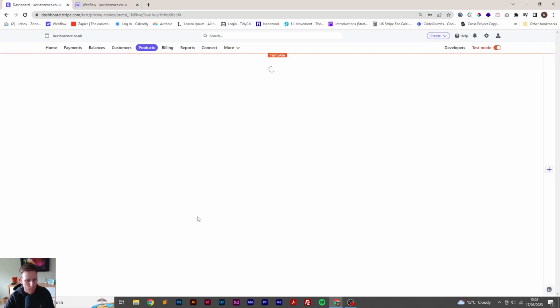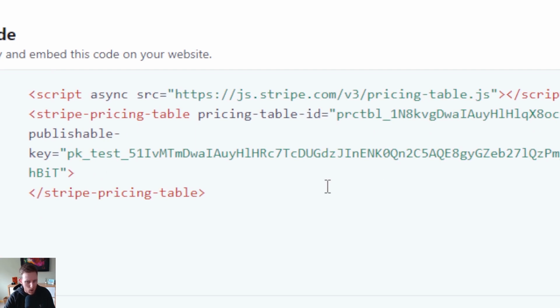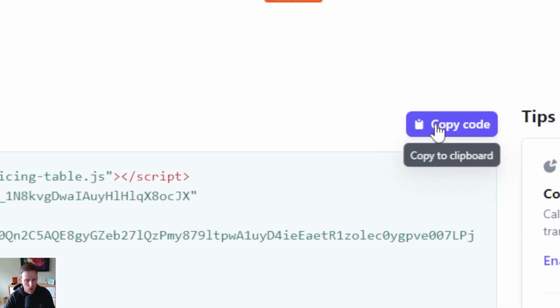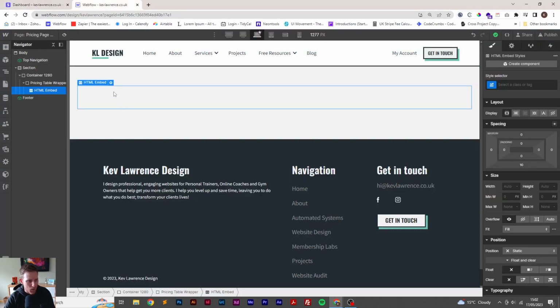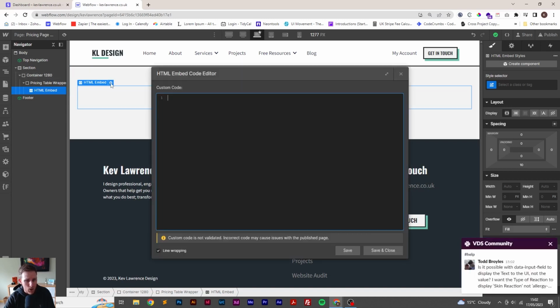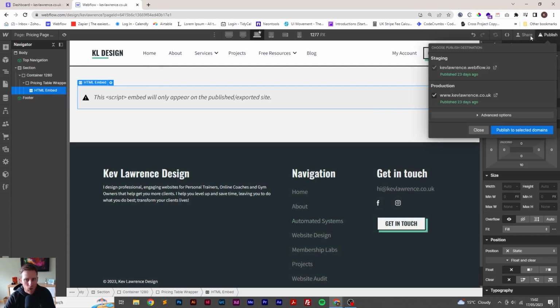I'm going to hit finish. So you can see here what it's done is it's given us a bit of code to add to our website or landing page. So all I'm going to do is hit copy on that, and I'm going to go into my website. Basically it's just a bit of embed code. So no matter what kind of website builder you might be using, whether it's Squarespace, ClickFunnels, in my case I'm using Webflow, even WordPress, you just need an HTML embed, and all you're going to do is drop the code into here, paste that in, hit save,